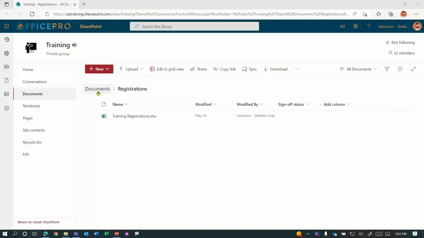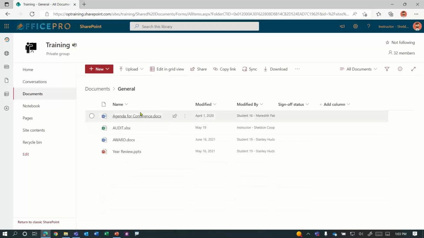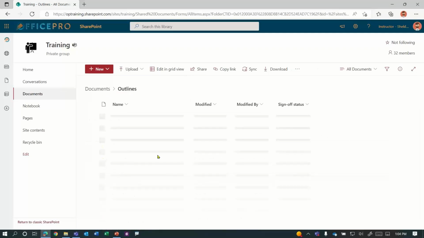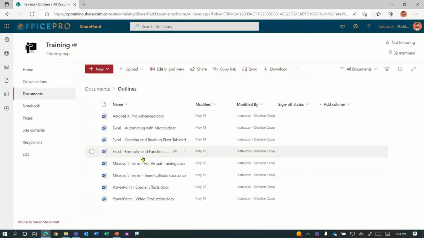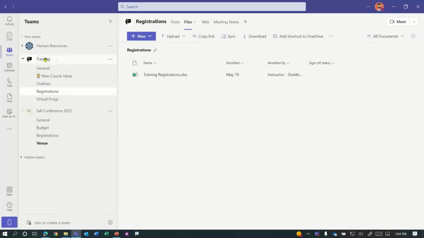Now, if I go to the root of the document library, I'll see a folder for all the channels, such as General, and notice here are those files. If I go to Outlines, here they are. So again, any files shared in a team are available to everyone in that team.